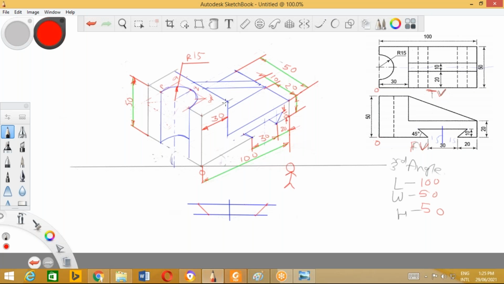Okay, this is how you have to complete the full isometric view.